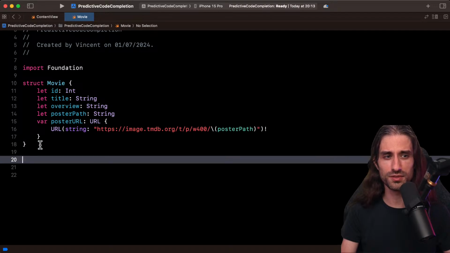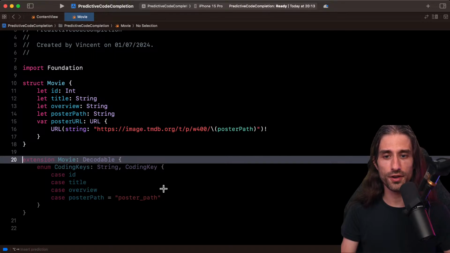Now, something that I'm excited to see if predictive code completion can help, because I remember that Copilot was very good at it, is to generate mock data. So first you can see that it offers to generate actually Decodable conformance, which seems to make sense. I think it's actually what I want.